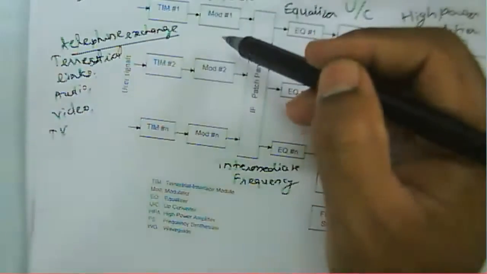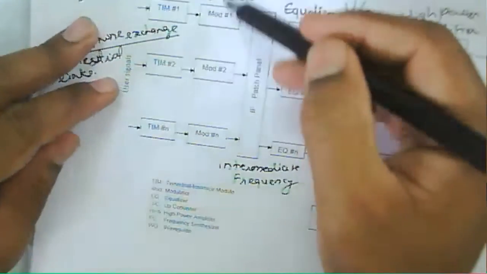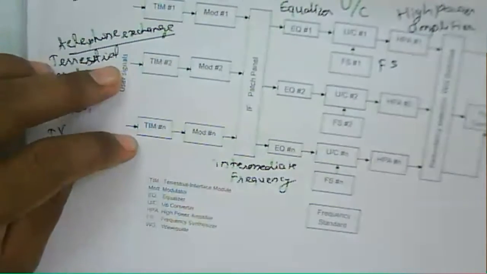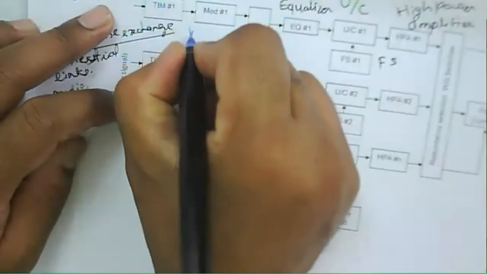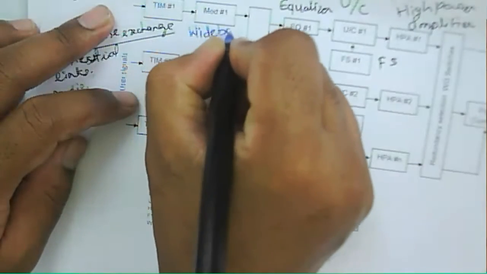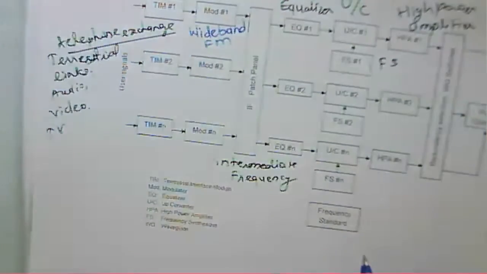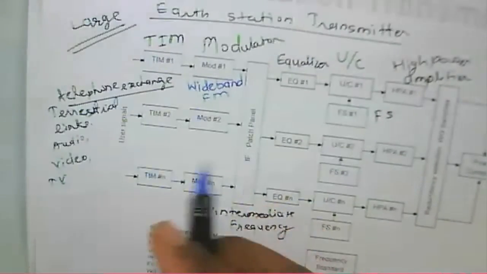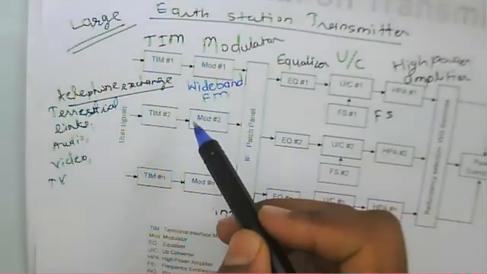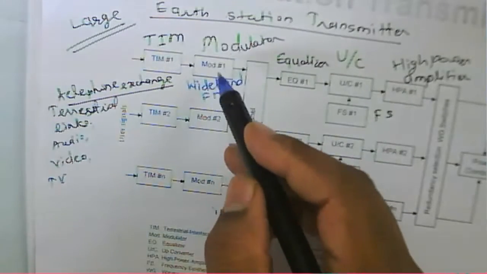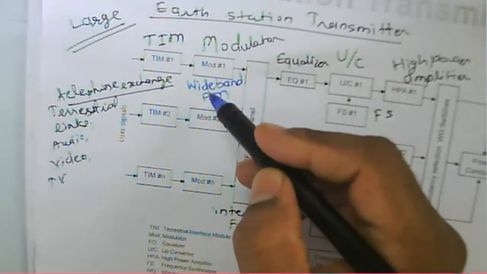So that's why we can use here a wideband FM modulator. Wideband modulators are used to modulate the signal,